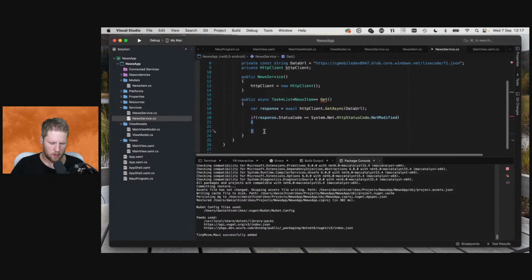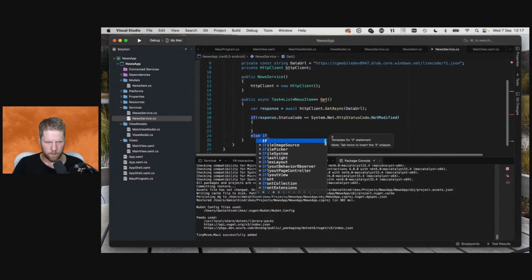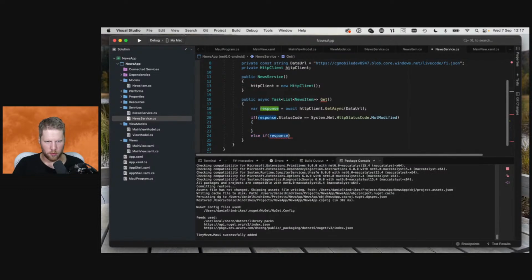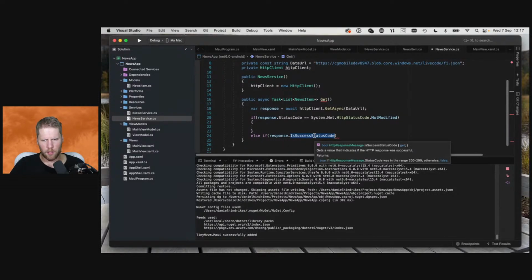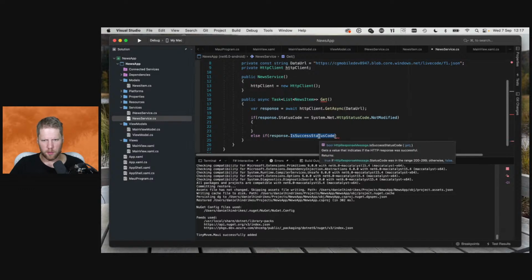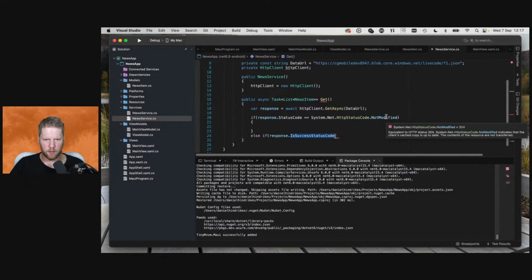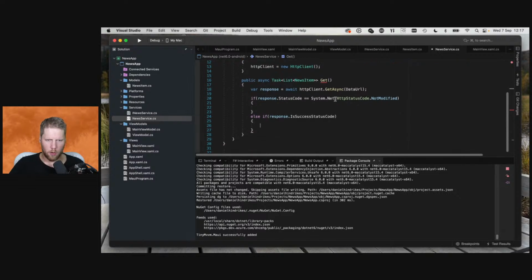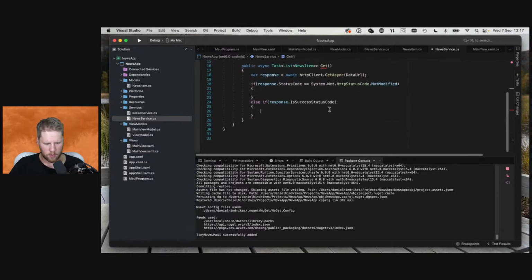So else if response dot is success status code. I'm a little bit unsure if not modified is, no, it's not, because 200 to 299 is the success status code range. So not modified is not in the success range. Okay, good to know. But here, if it's success, we can